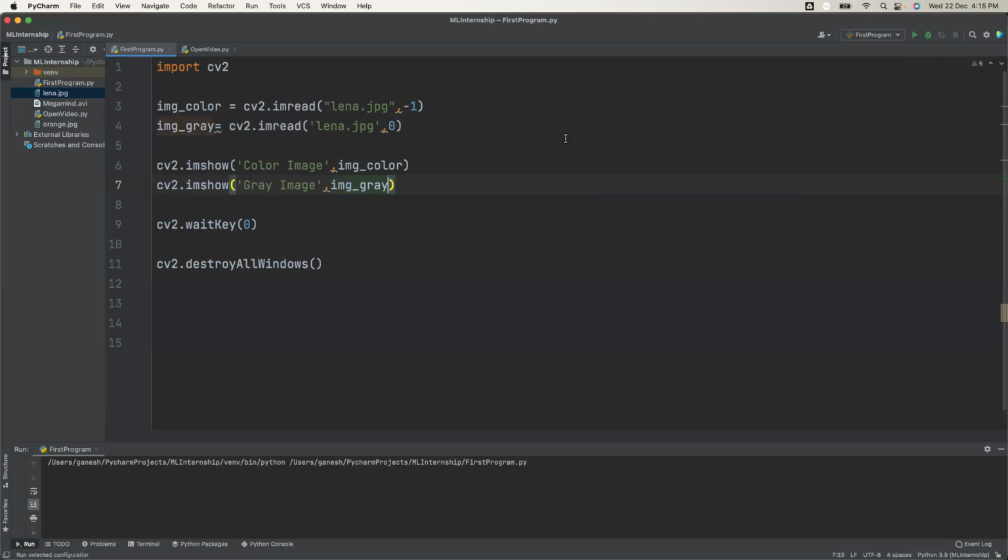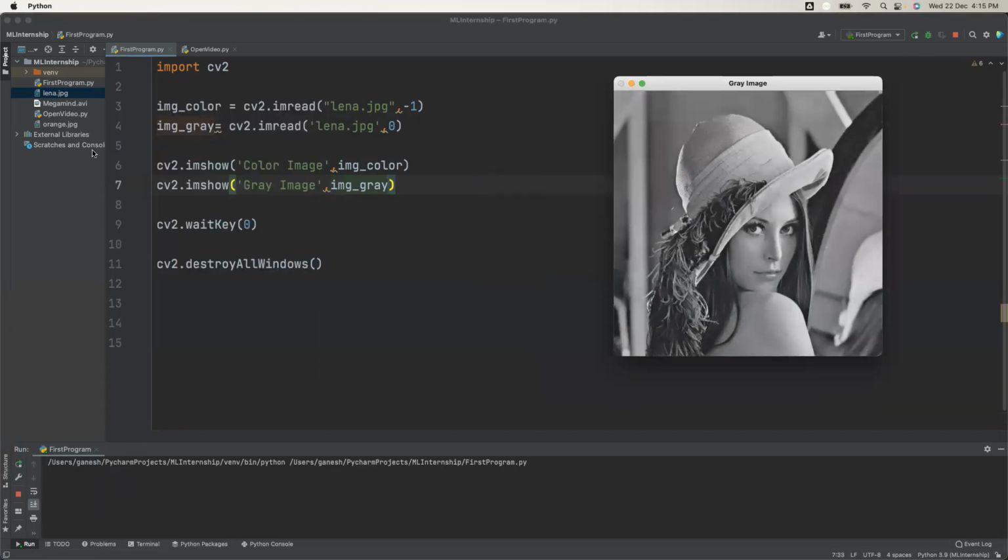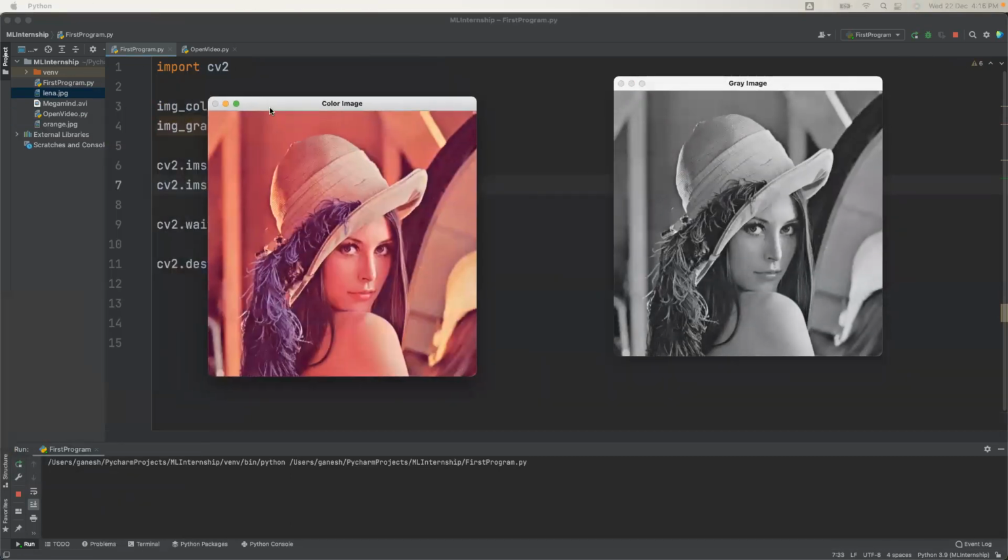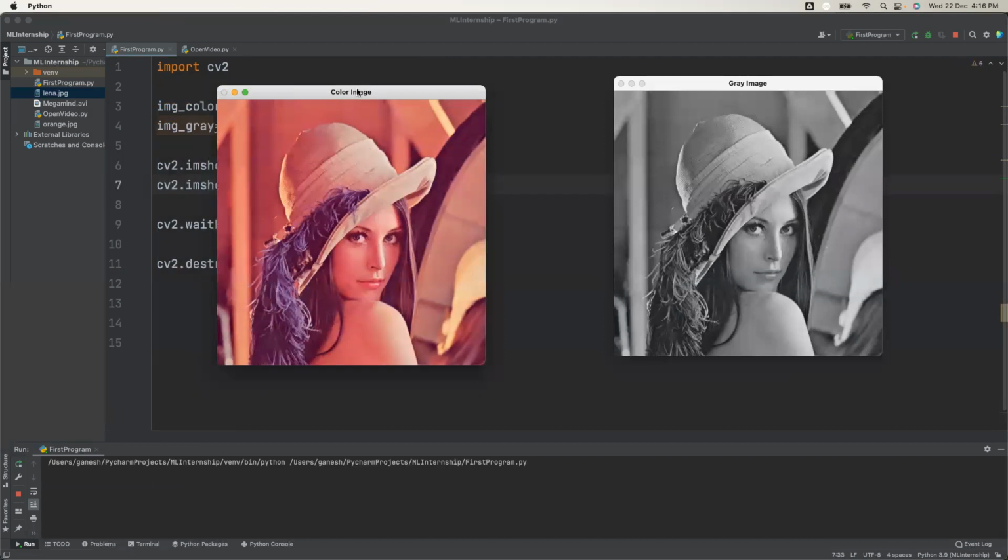When I run this, I should get two windows. The first window is the color image, and the second window is the gray image. Yes, students, are you getting this? Type yes in the chat box if you are getting this.